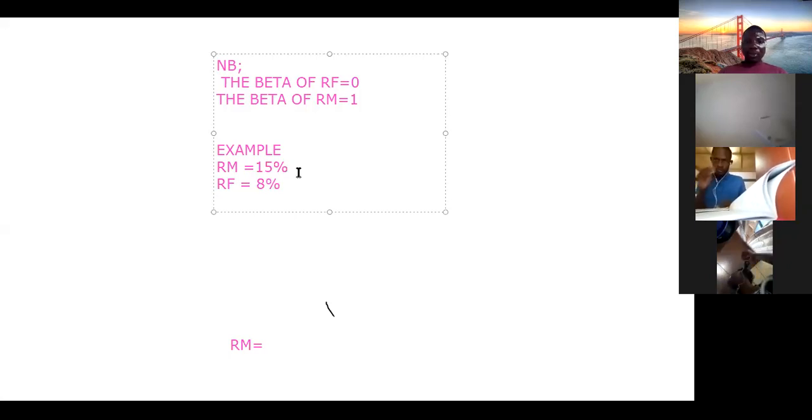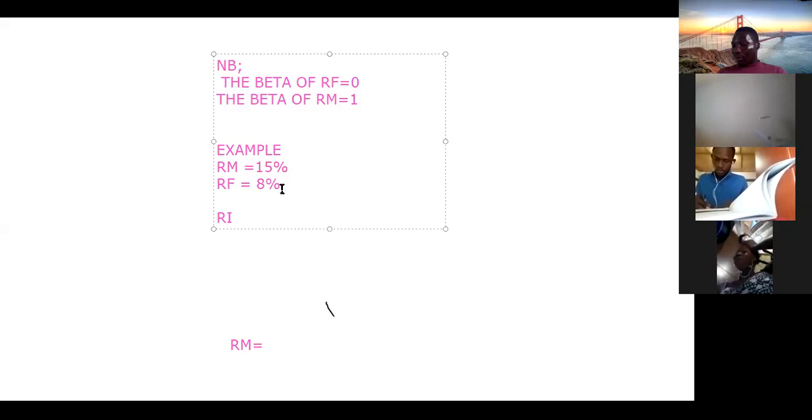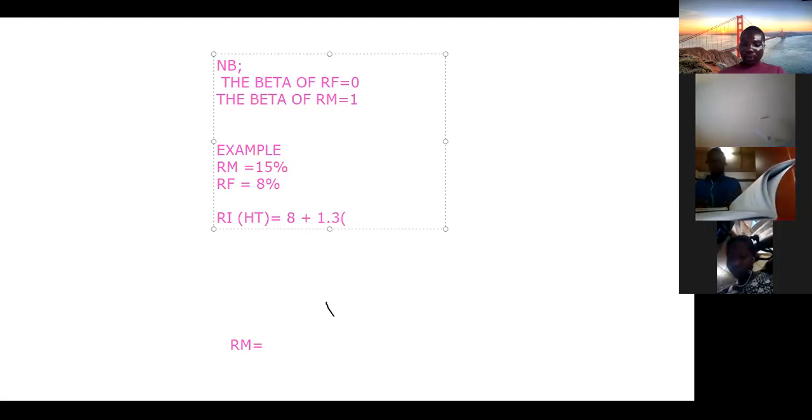So RM is 15%, RF is 8%. And so therefore, if you want to find the RI for the first investment, which is HT, then it's going to be equal to your 8% plus beta. The beta is 1.3, bracket open, 15 minus 8, bracket close, equal to